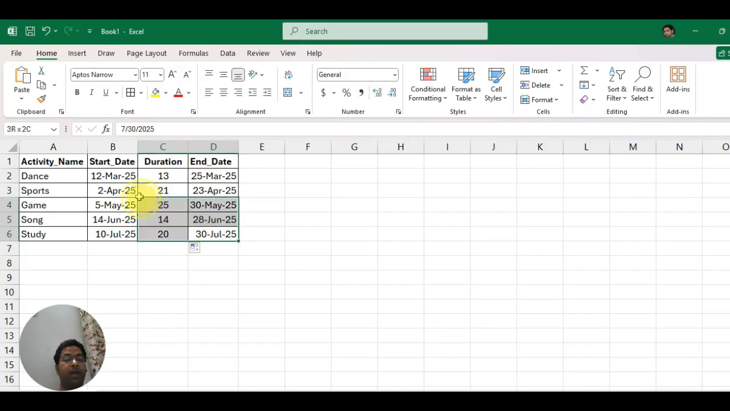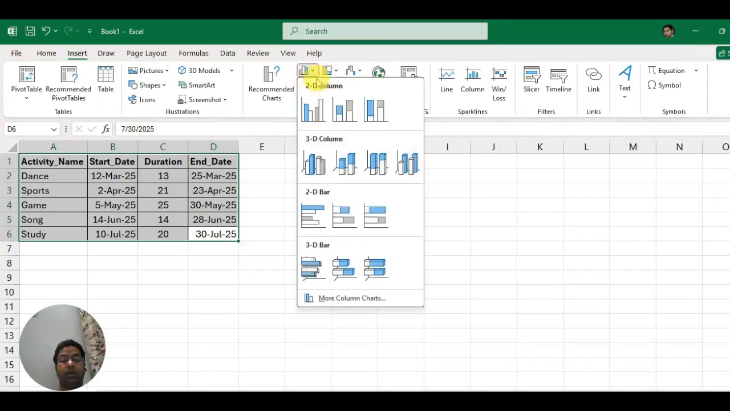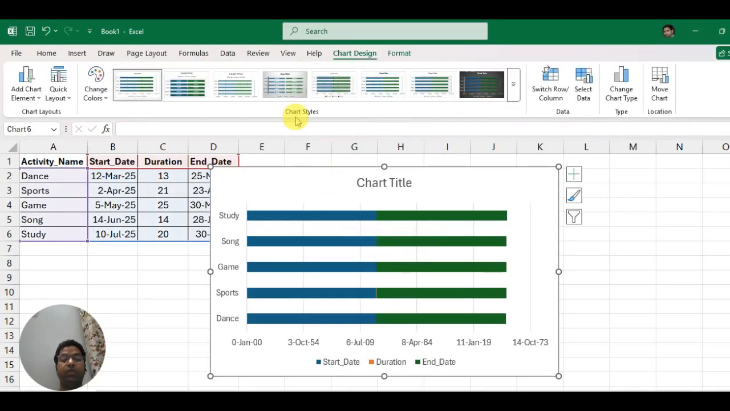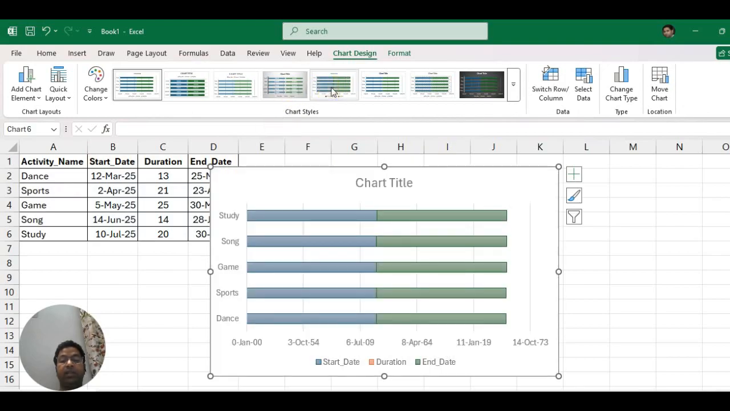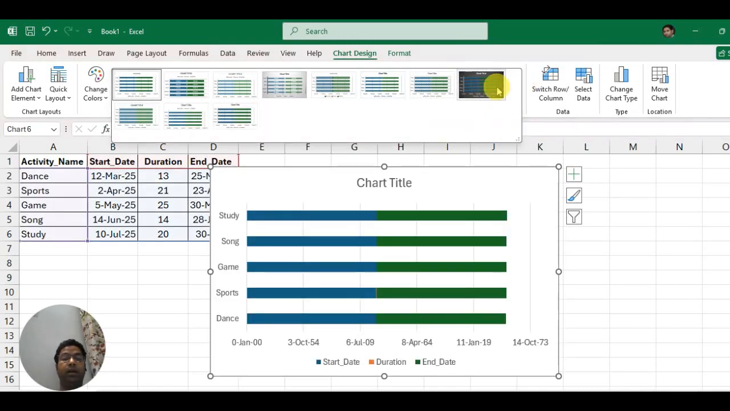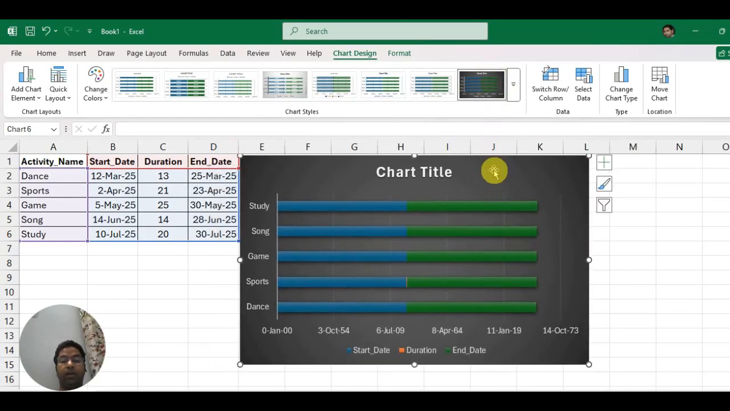After this I'm selecting this whole table to create a Gantt chart. After selecting the whole table, click on the insert tab. Then under the chart group you can choose this 2D bar chart. We can take different styles from this list. I'm selecting this one. Then I'm right clicking on this